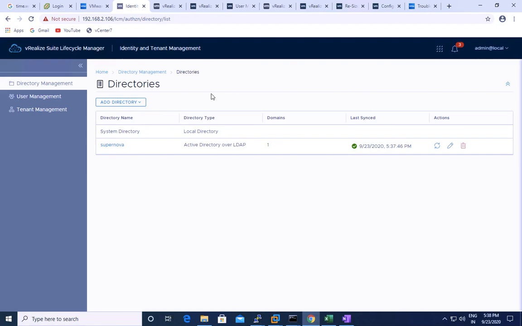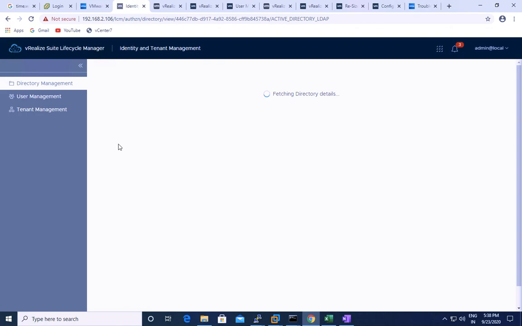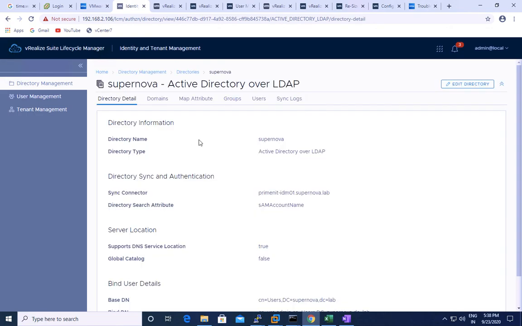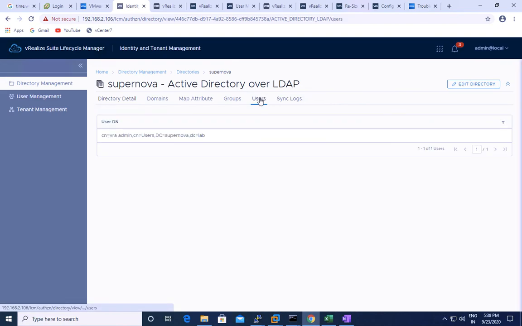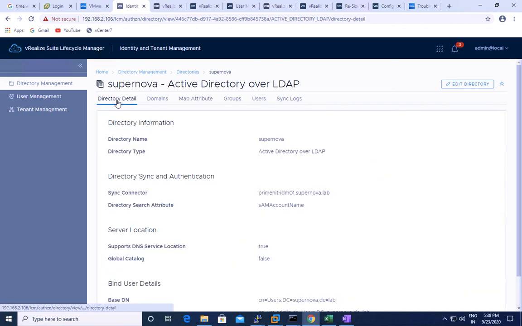See, the directory has already been added, one domain. There is only one user, vRA admin. The rest of the users I am yet to create. Okay, so after this